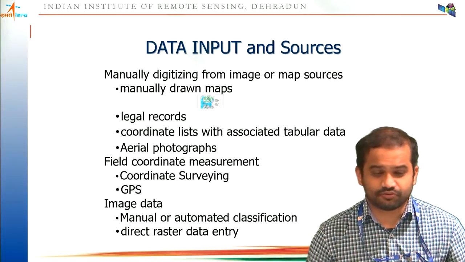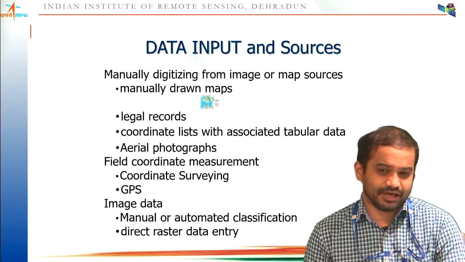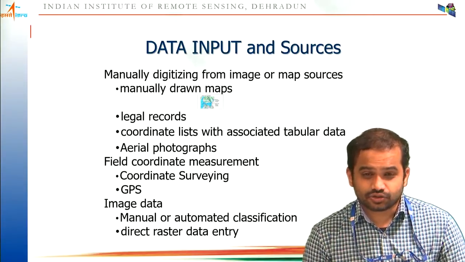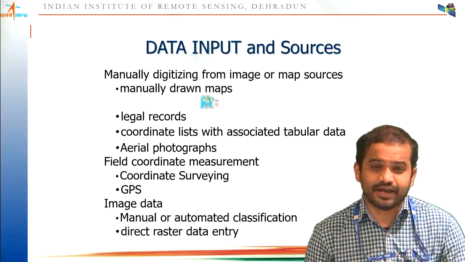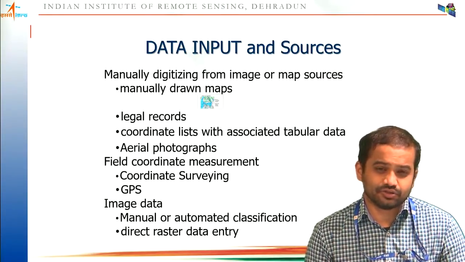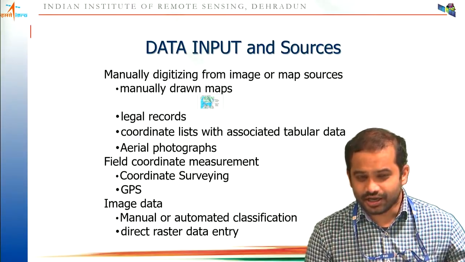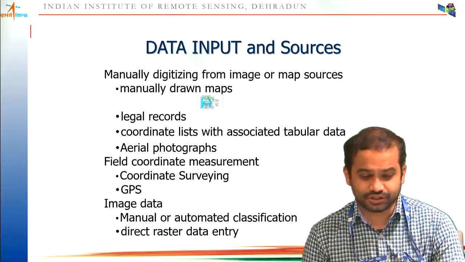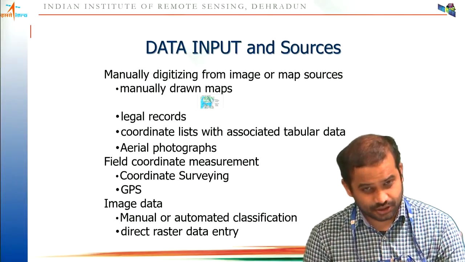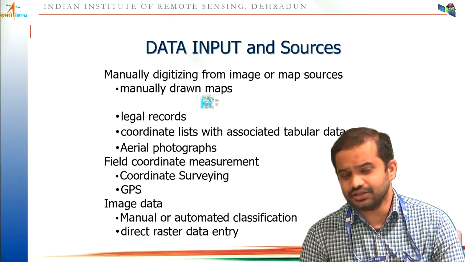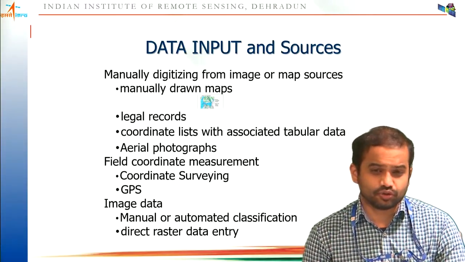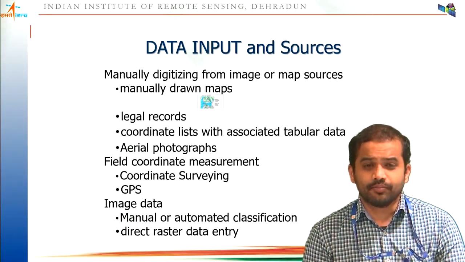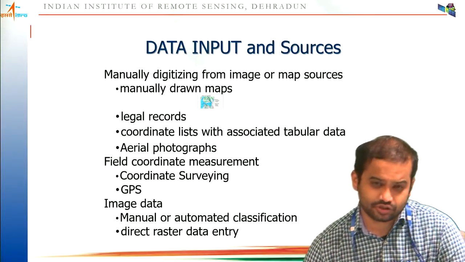This feature type can be a road, a building, a grassland, or an agricultural land. That process is called classification. Again, you can have an expert user who can look at each pixel based on its reflectance in different bands. He can decide, okay, this pixel belongs to this class, this pixel belongs to that class. That is called manual classification, right? All modern GIS and remote sensing software provide you tools to manually digitize data. Another one is called automated classification, which can again be supervised or unsupervised.